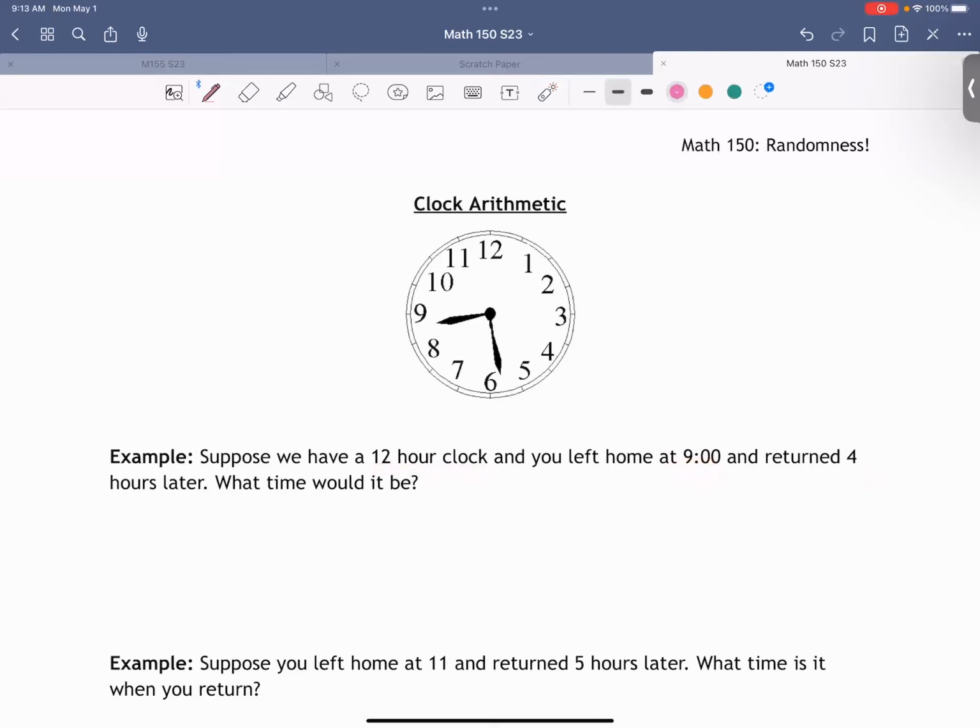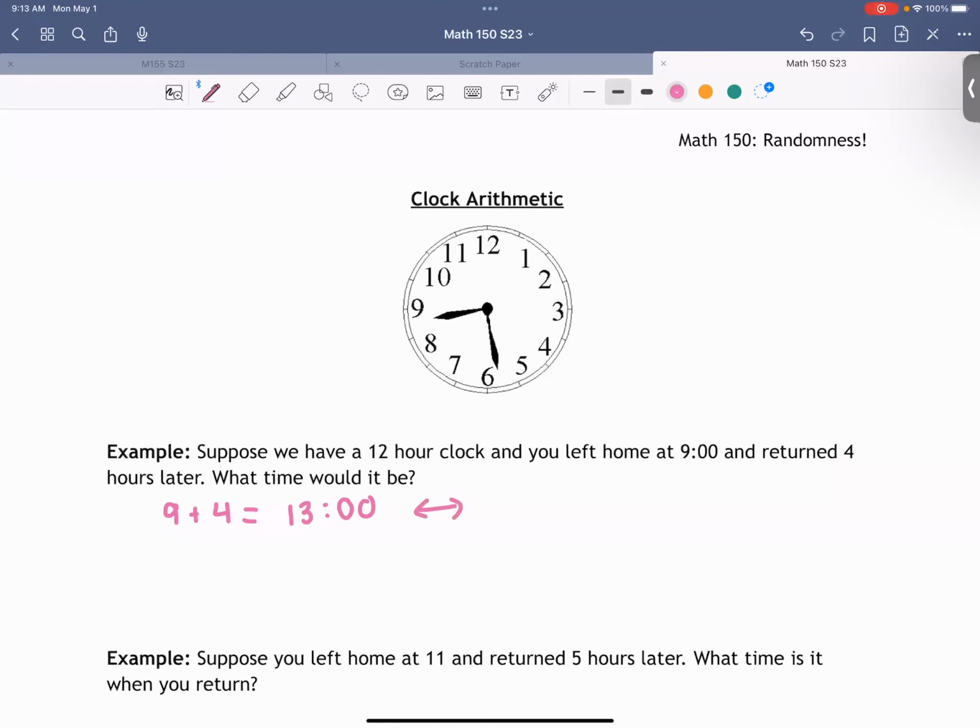Okay, well, I want to know what time it is. So I do 9 plus 4: 9, 10, 11, 12, 13. Okay, but is 13 o'clock a thing? Well, 13 hours, in military time, yes, it is. But that means 1 o'clock for real. 13 o'clock is the same thing as 1 o'clock. Now, don't worry about AM or PM. We're not worrying about that. So 13 o'clock, same thing as 1 o'clock, right?